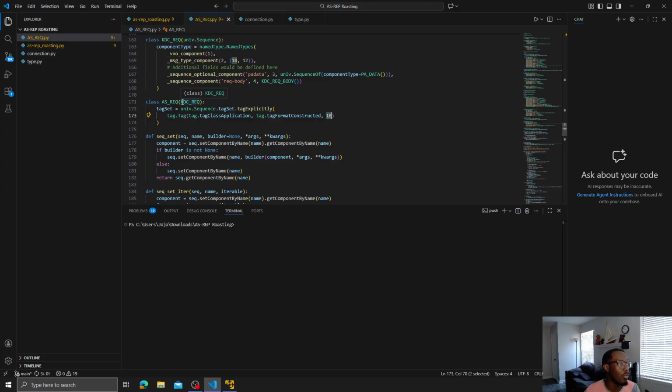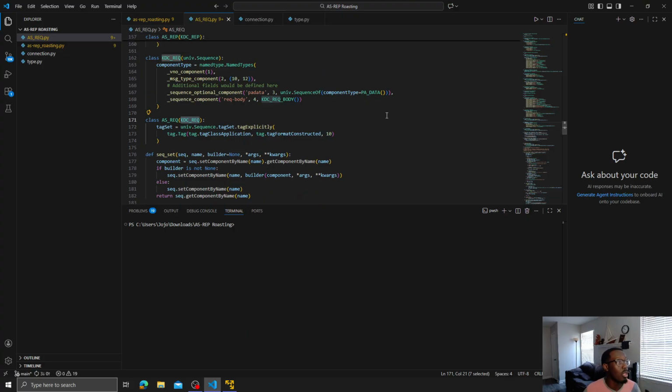Now, as you can see, a parameter that is passed in here is the KDC request. Because of that, we're going to look at what the KDC request does, because it plays a vital part in why the AS request works. In the KDC request, we talked about this in the prior video as well, but essentially we are setting these fields and their values so that they can either hold information or we're setting them with information. So the pvno component, like I said, I'm going to break this down as we go through each of these,